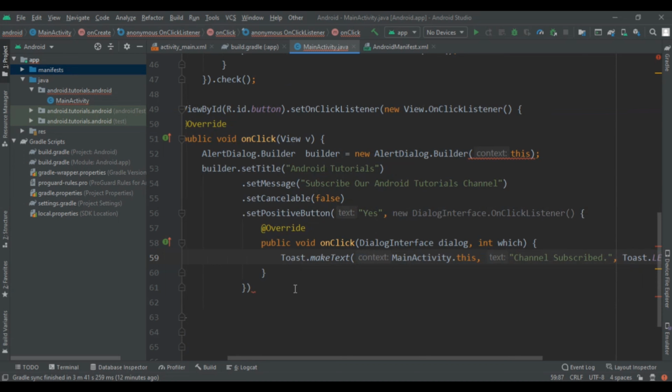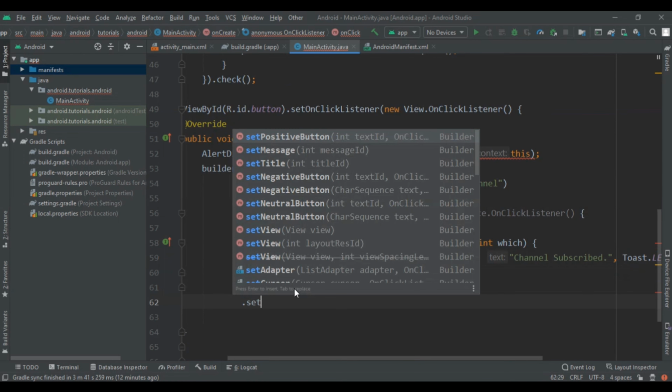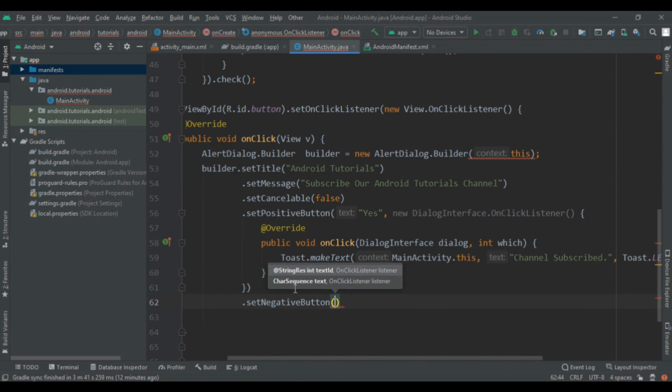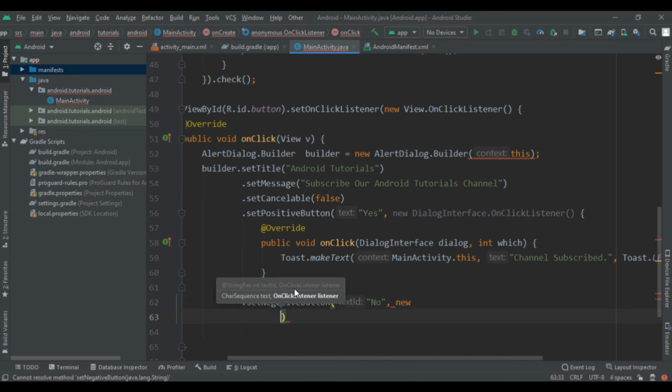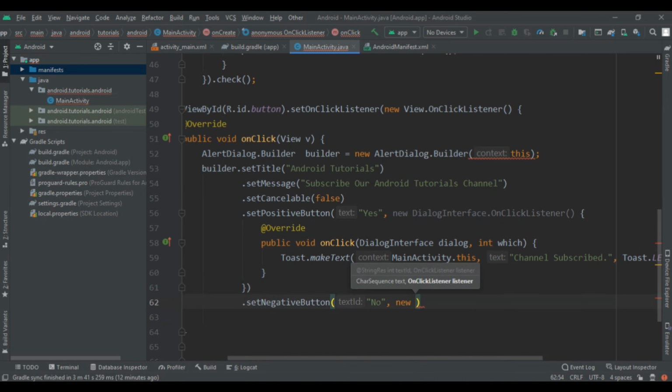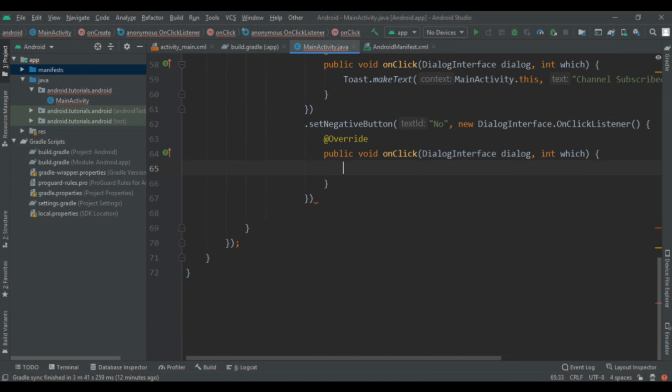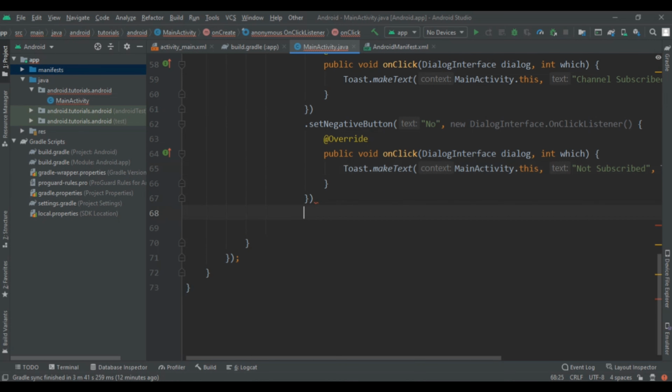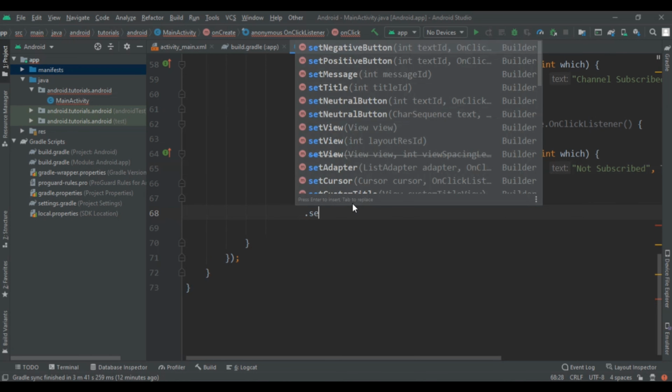After here we are going to write setNegativeButton, that negative button will always be no, and here we have to write new DialogInterface.OnClickListener, and then we have to write the onClick method and then generate one toast. Here it is not subscribed, and then dot show.